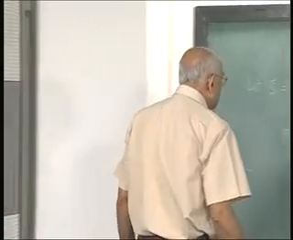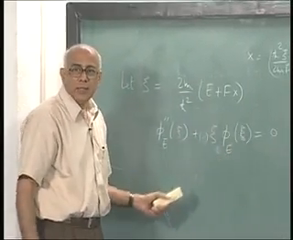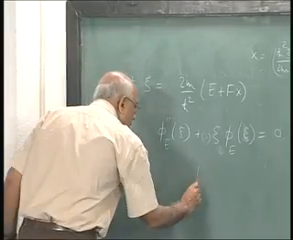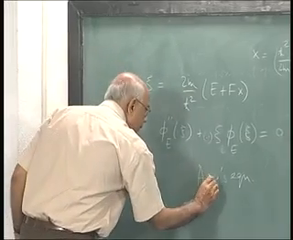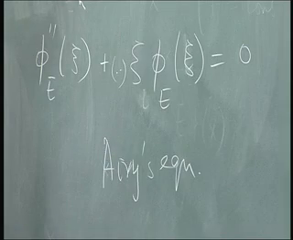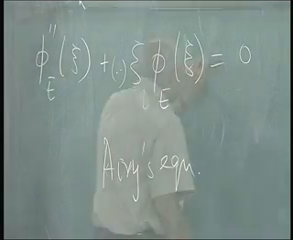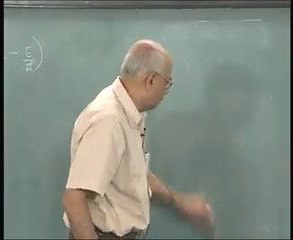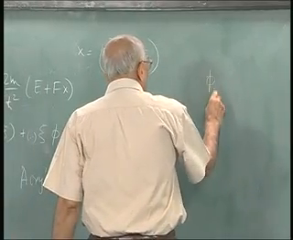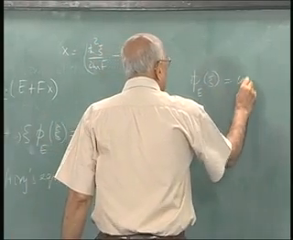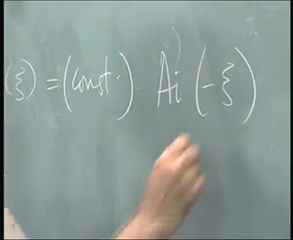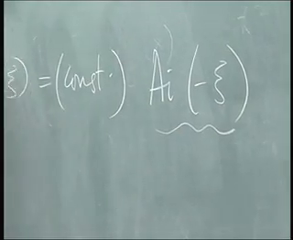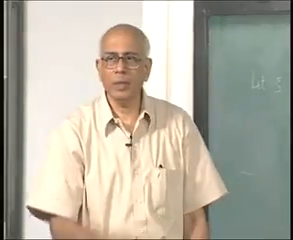Right? Now what kind of solutions do you have for this equation? It is a non-trivial equation. This is called Airy's equation. And the solutions are very strange objects. The solutions to this are of the form phi E of C equal to some constant, normalization constant, times the Airy function of minus C. This is called the Airy function, of argument minus c by convention,